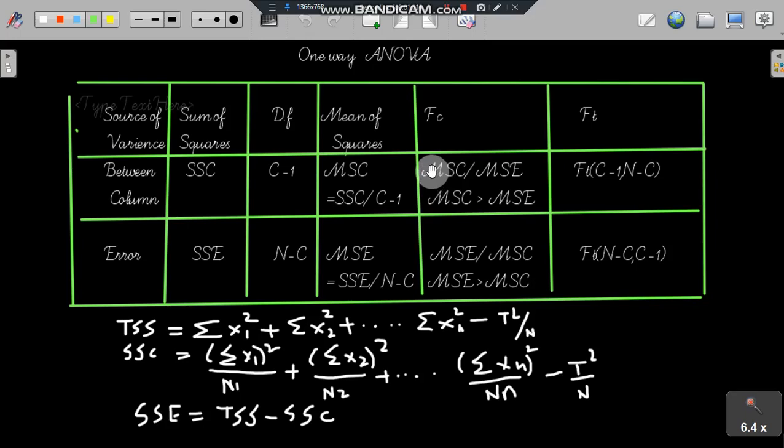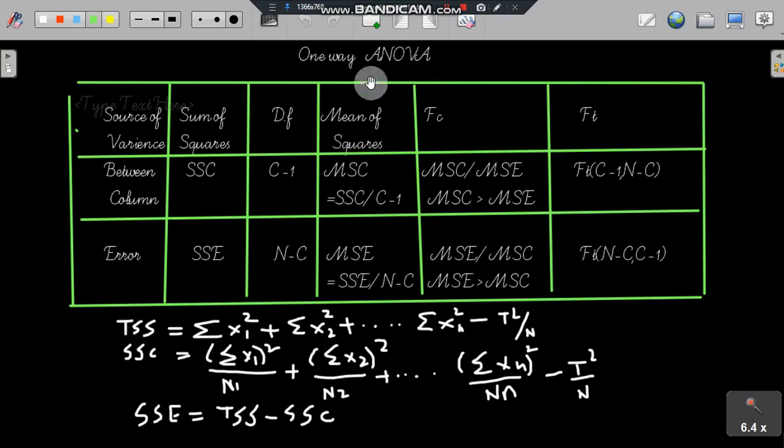In your university question, they may ask you to describe one way ANOVA for 8-mark questions or 2-mark questions. You must write this fully, and that is the description of one way ANOVA. So this one way ANOVA consists of 6 columns. The first one is source of variance. Source of variance means in which way we are